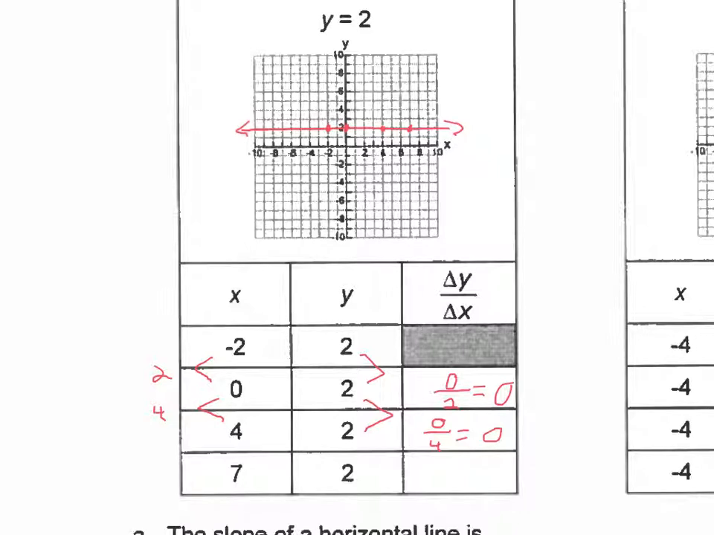Let's do the last bit of table. Okay, from 2 to 2 makes 0. From 4 to 7 makes 3. So we put our change in x on bottom. 0 divided by 3 is still 0. So it appears that no matter what set of points we look at from our table,